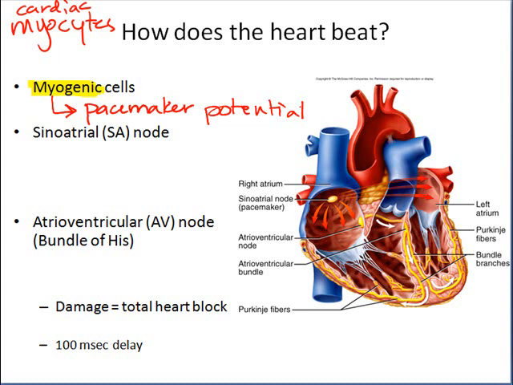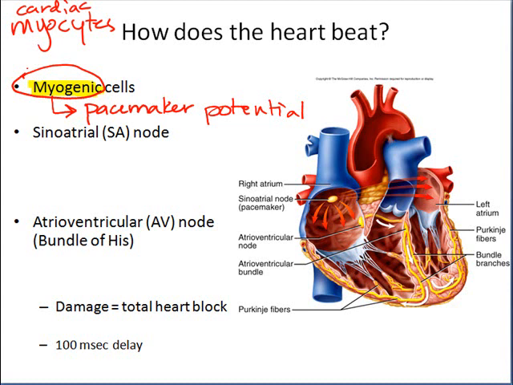And here's an important point to know. The heart can beat, it can contract without any input at all from the nervous system, because of the fact that we have these myogenic cells that by themselves generate pacemaker potentials that signal all the rest of the muscle cells to contract. All that the nervous system does, and we do have innervation, or connection, between the nervous system and the heart,